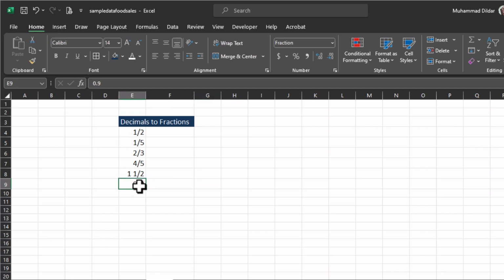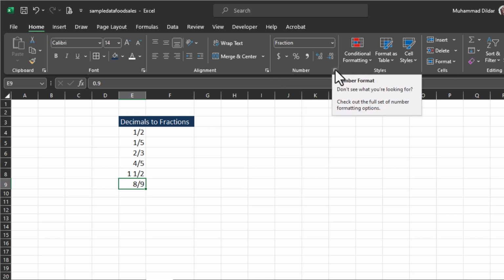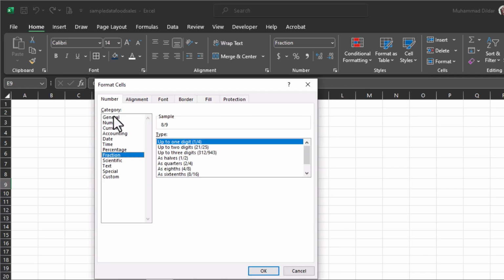The reason behind this incorrect fraction is that Excel actually tries to round off the data in such a way that the denominator should be kept to only one digit. Now, if you have some data where you need to have a single digit denominator, then you can apply this fraction formatting. Otherwise, simply go over here and click on this dialog box launcher, and over here you can see